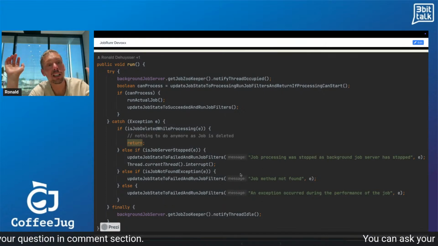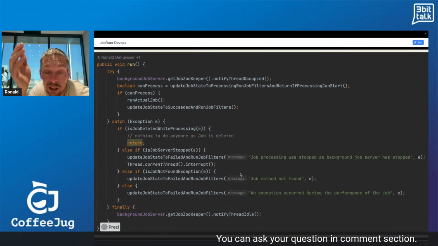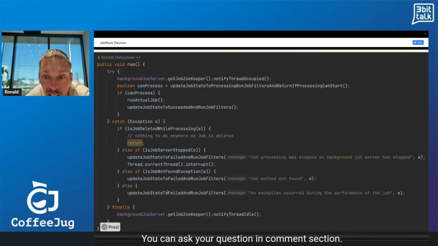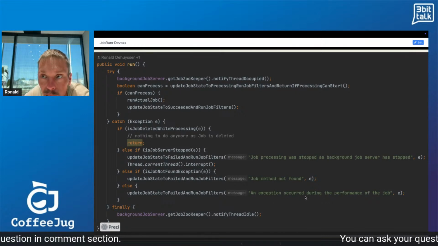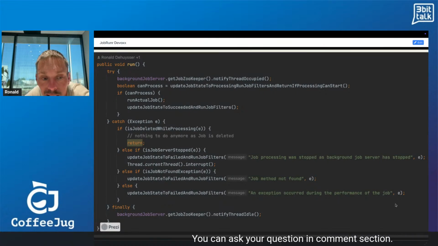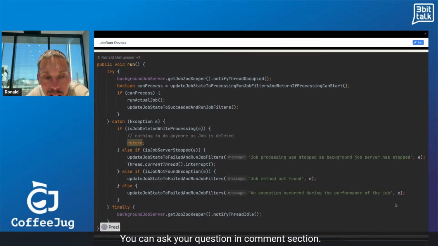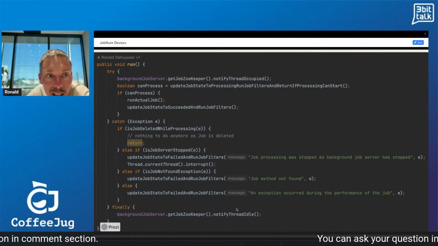And for any other reason that we have an exception, well, that's probably your fault, like the service is down, and then we say, hey, an exception occurred during the performance of the job. This is the message we saw earlier in the dashboard, and we add the exception as a stack trace, which is, by the way, visible in the dashboard. I didn't show that, I think. And then at the end, we say, hey, okay, the thread is available again.